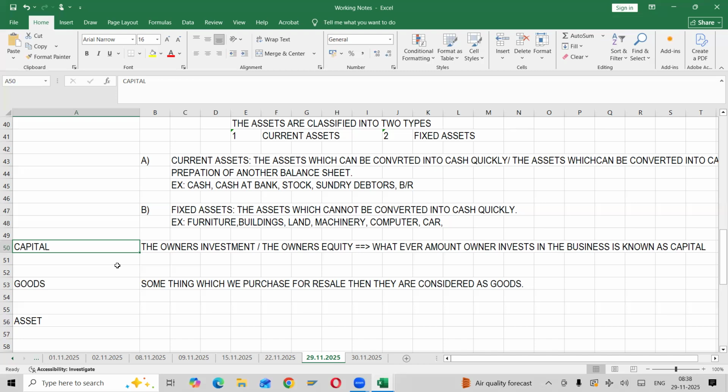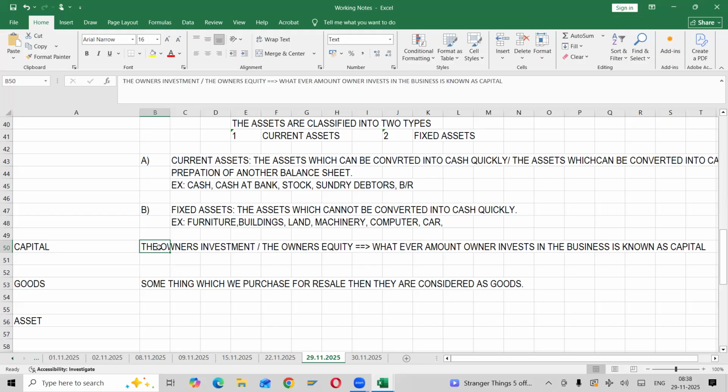Business entity concept. Exactly, because I was not aware at that particular point of time. We have a concept called the entity concept. The owner is different and the business is different. Even though it's my own money, now the owner is different and the business is different, and I need to consider myself as a business. So whatever amount the owner is giving to me, my prime responsibility is to return that amount to the owner. Something which we need to return back is considered a liability. Hope you got my point now. Clear?